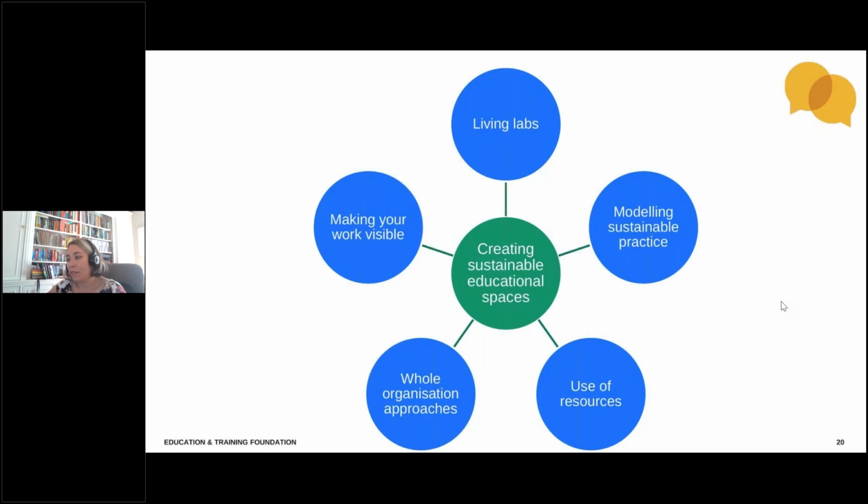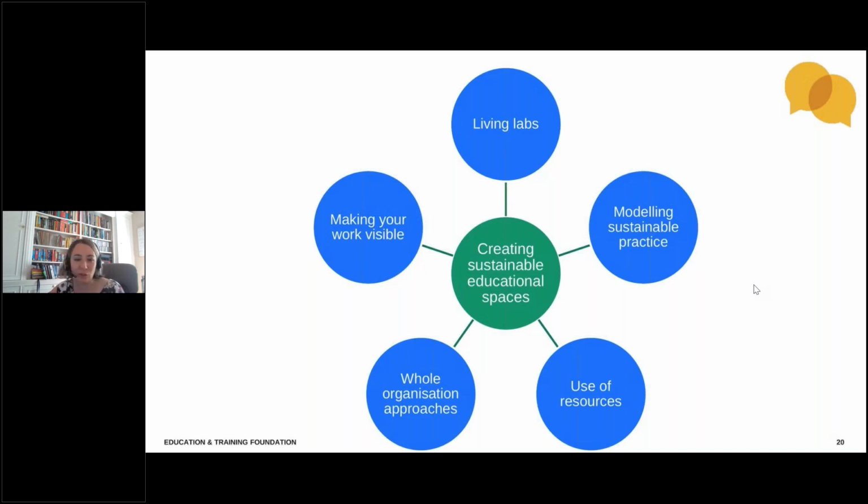So some of that is around, I'm going to start, where shall I start? Well, we've just come off the back of resources. Let's start down there in the bottom right. So some of it is about your use of resources. And that might be, yes, teaching resources. And I did see as part of the word cloud, somebody said paper free as one of them. So really think about what sort of resources are you using? Are they used efficiently? I mean, I'm not one to say we need to get rid of paper. I'm surrounded by lists, I'm surrounded by books, but